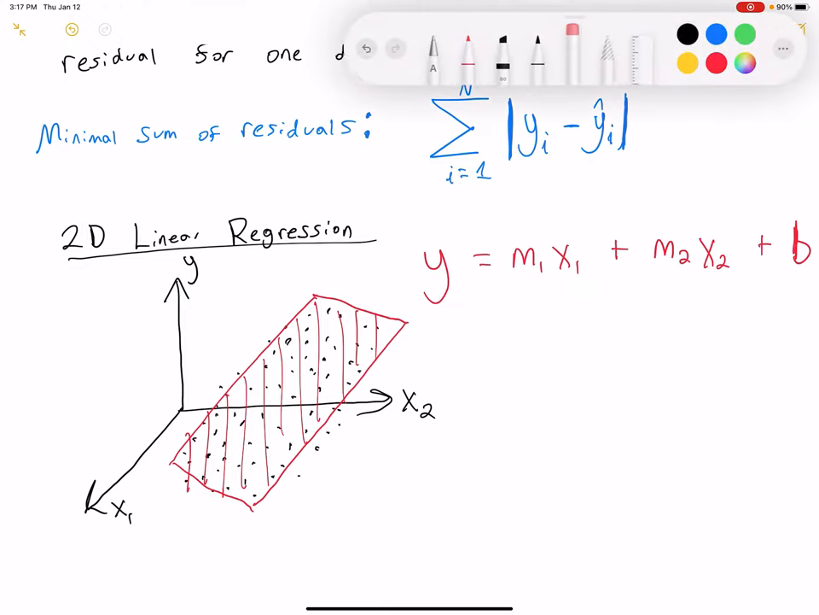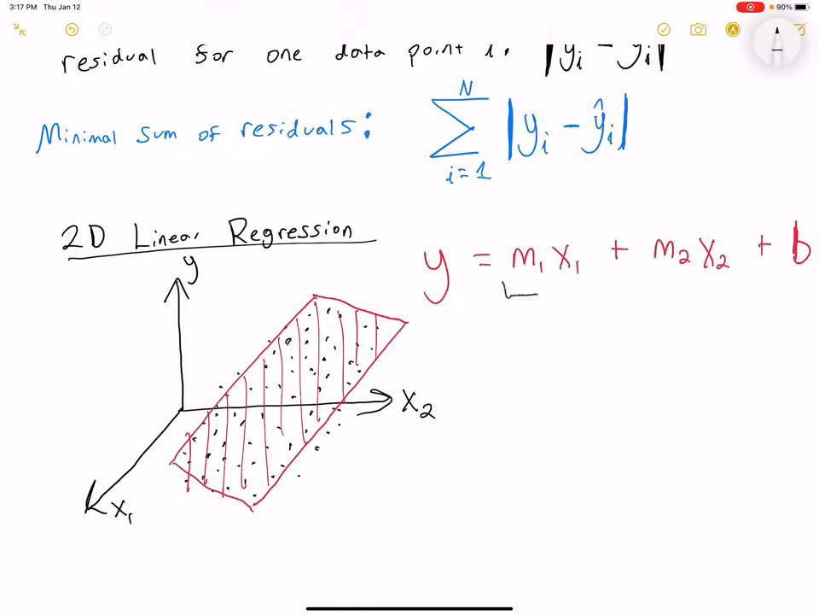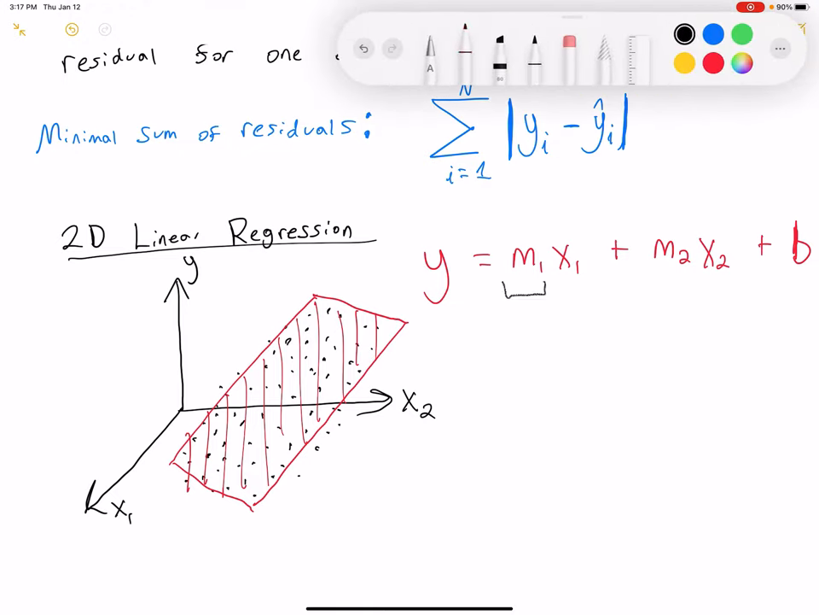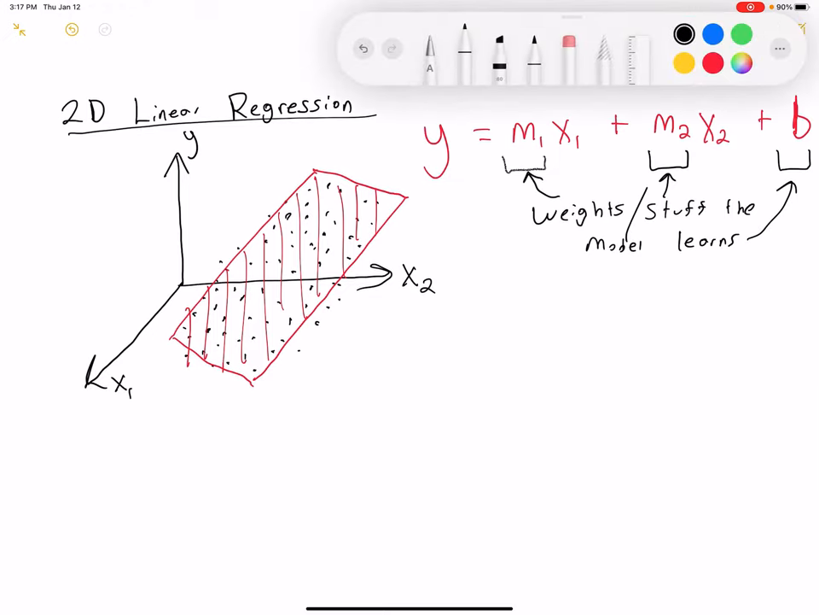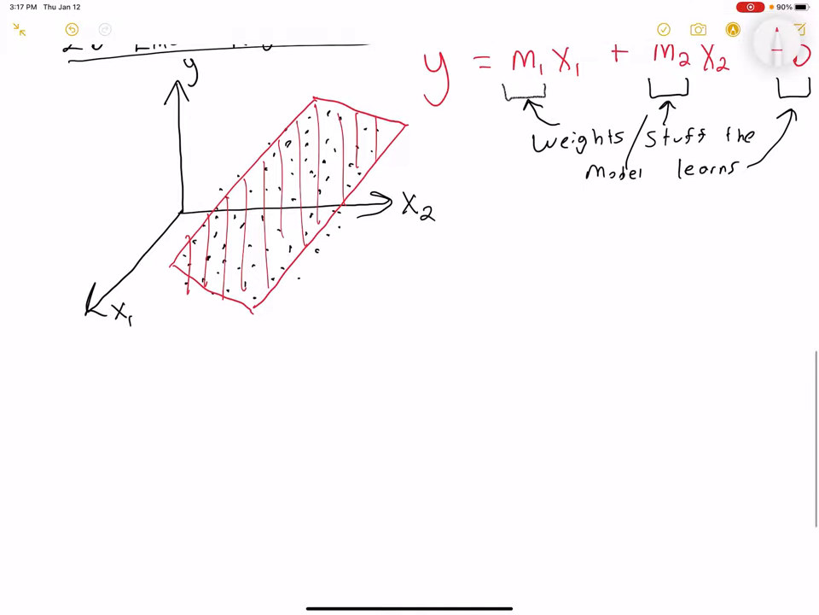and our weights are now this m1, this m2, and this b. So weights, slash stuff the model learns. So that, and that. And you can imagine that this generalizes to more than 3 dimensions, so that in general, in the general form of linear regression,